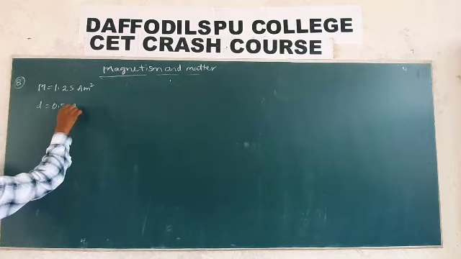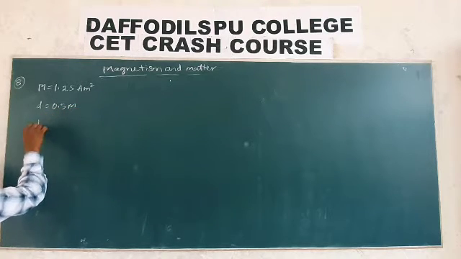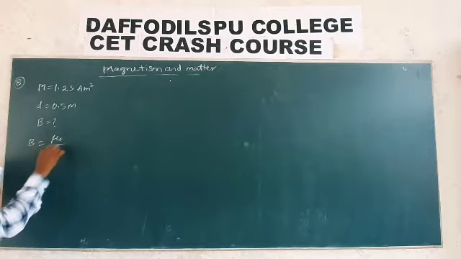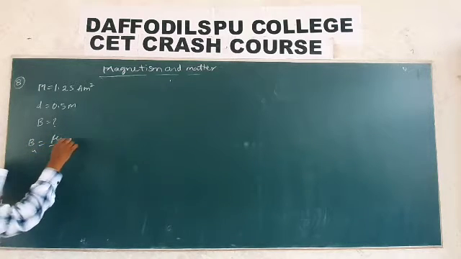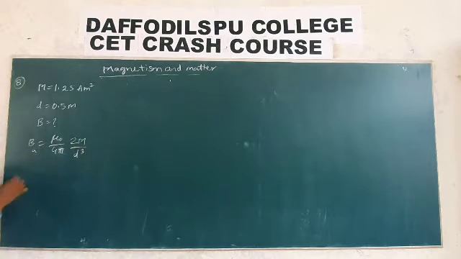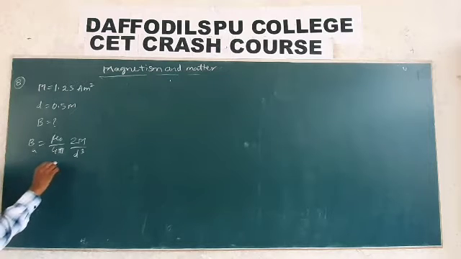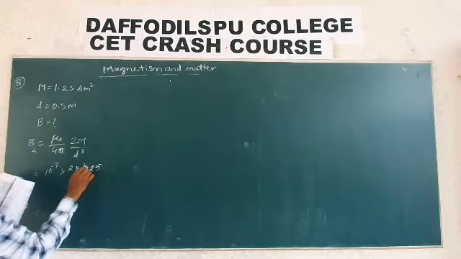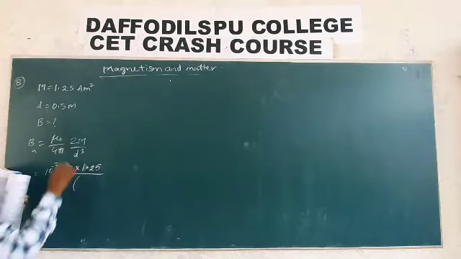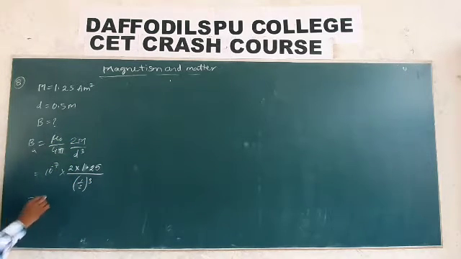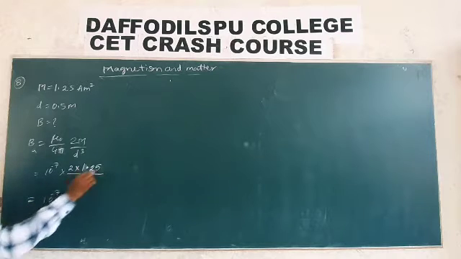question. A north pole of strength 50 ampere meter and a south pole of strength 100 ampere meter are separated by a distance of 10 centimeter. So we have a north pole and a south pole, which are different magnets, separated by a distance r is equal to 10 centimeter. Find the force between them. Now what is the pole strength? The north pole strength is 50 ampere meter and the south pole strength is 100 ampere meter, M2. Then what is the force between these two?